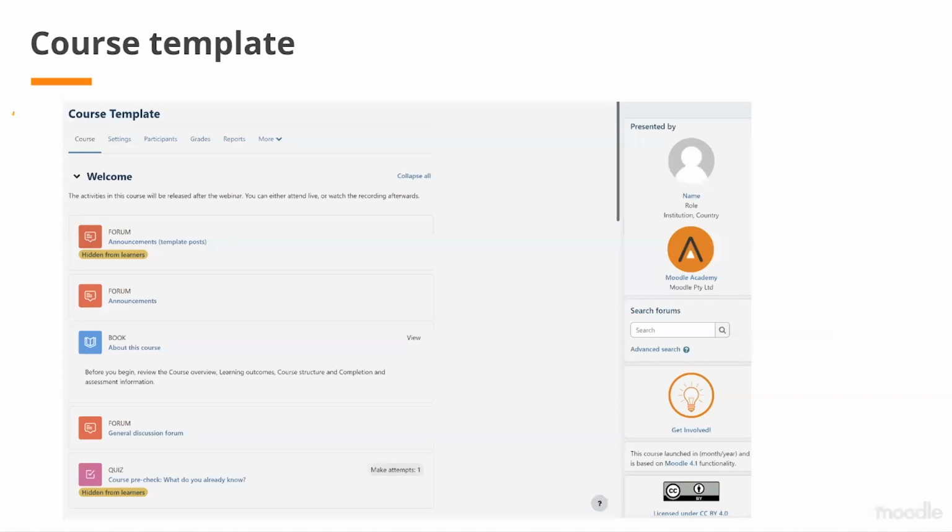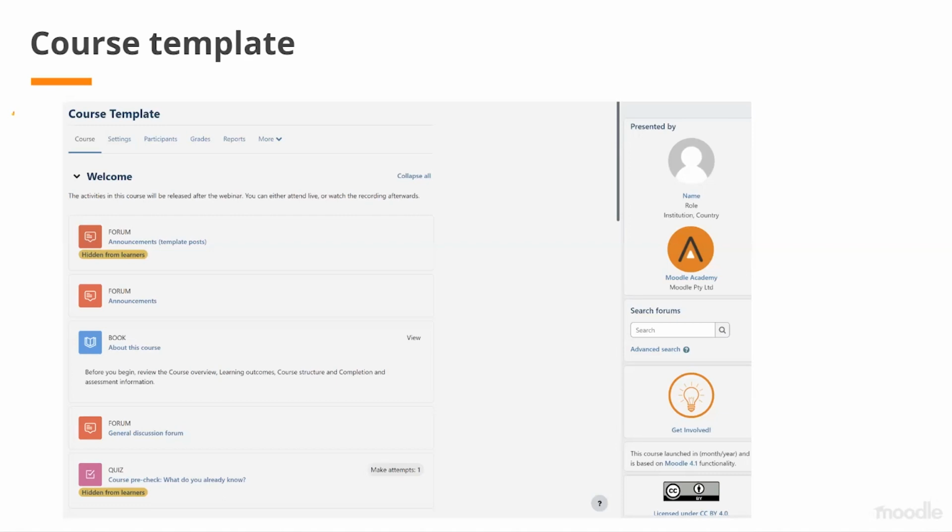All Moodle Academy courses are built using a standardized course template. So it helps maintain consistency across our courses and improves the overall experience of the learners. And it contains some common information, so we're not having to rewrite it for every course. So every course starts with the standard announcements forum, and you may have seen these before if you managed to get to the learning design in the breakout rooms.